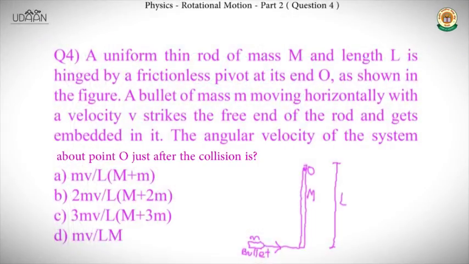Moving on to question number 4. A uniform thin rod of mass m and length L is hinged by a frictionless pivot at its end O, as shown in the figure. A bullet of mass m moving horizontally with a velocity v strikes the free end of the rod and gets embedded in it. The angular velocity of the system after the collision is: